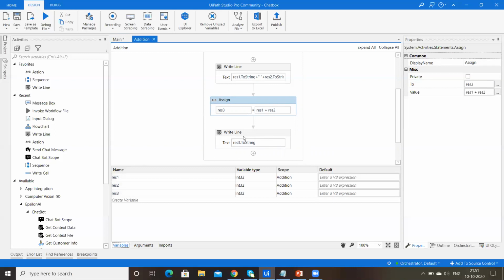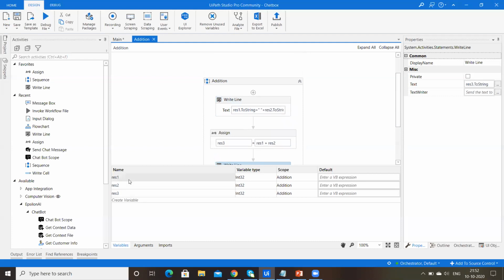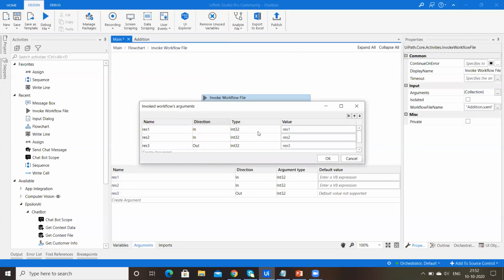So here in the Write Line I mentioned result3.ToString. We want the overall sum. Here I already created 3 variables. Coming to the main workflow, here you need to import the arguments.